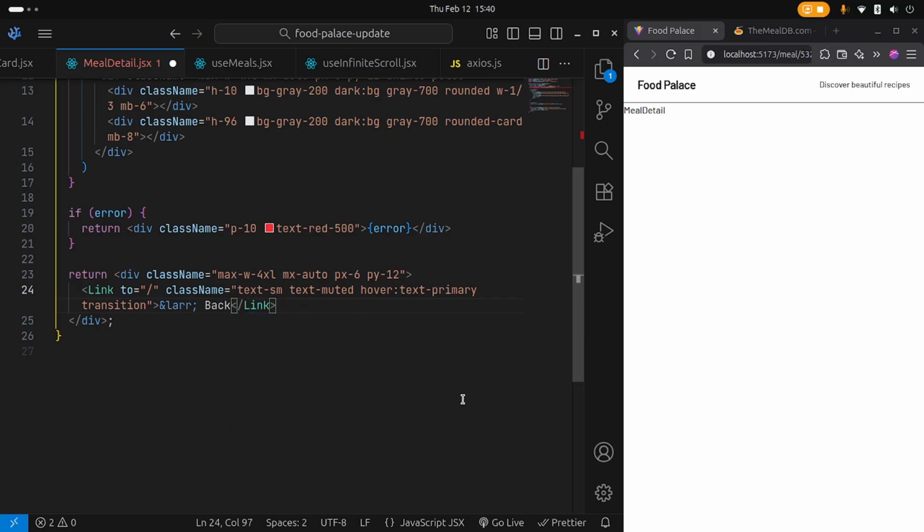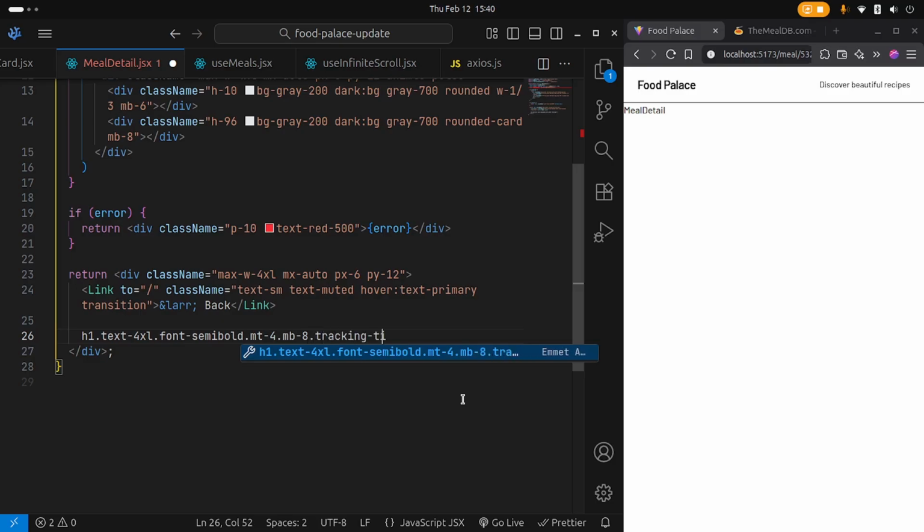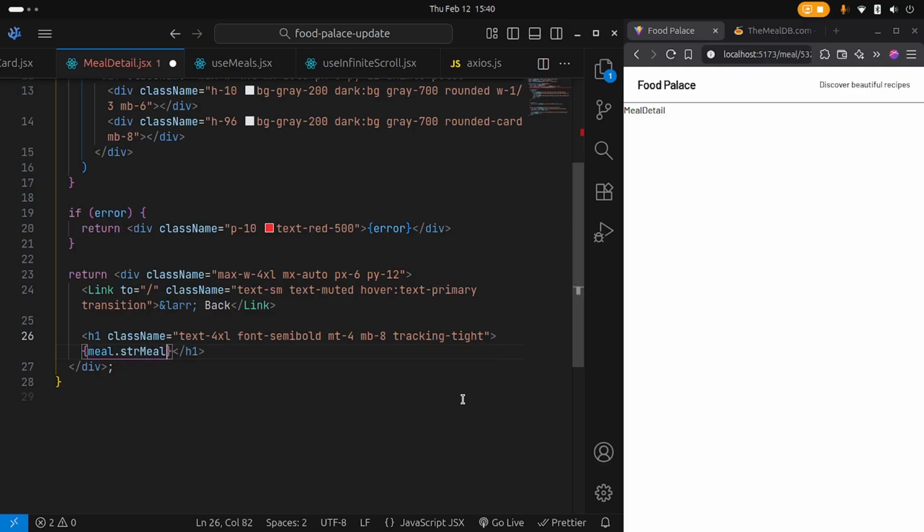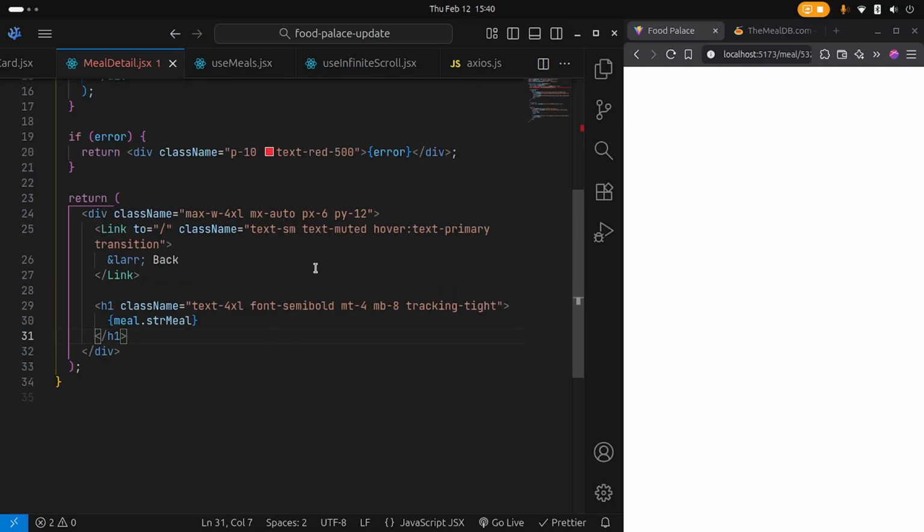Now below the link, we're going to have an H1 with a class name of text-4xl and font-semibold, and margin on the top of 4, margin on the bottom of 8, and then tracking-tight. And then this is going to say meal.strMeal. Can save that, and we're going to have